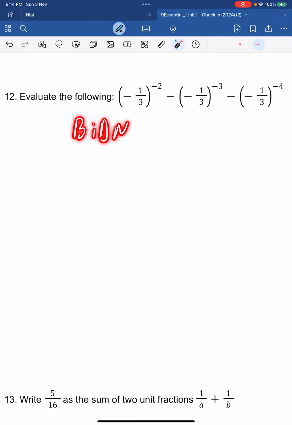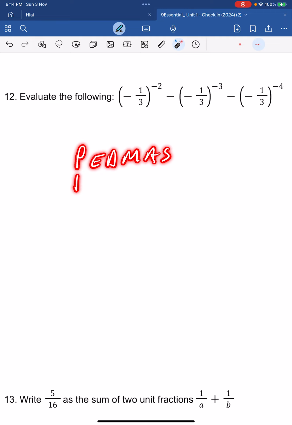We've got BIDMAS: brackets, indices, division, multiplication, addition, subtraction. Or you might have PEDMAS. Different acronyms. This is maybe parentheses, exponents, right? So depends on what your acronym is, but I'm definitely going to start with the